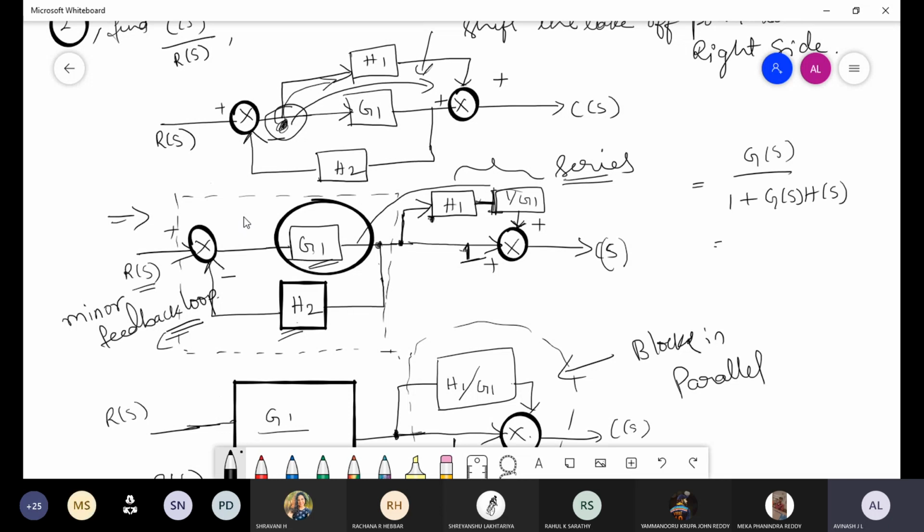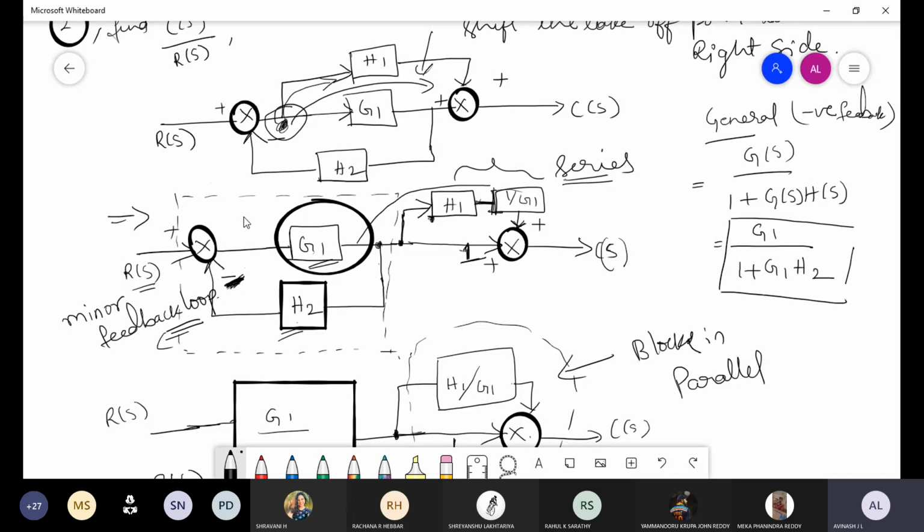So if you have, okay, in general, I am telling, okay. This is the general thing, for negative feedback I'm talking about. Here you can see that the negative symbol is there, what I'm highlighting. So now, for this formula, what is the G of s value? G of s value is G1 divided by 1 plus, once again, G of s value is G1, H of s value is H2. So this particular block we can consider, correct?